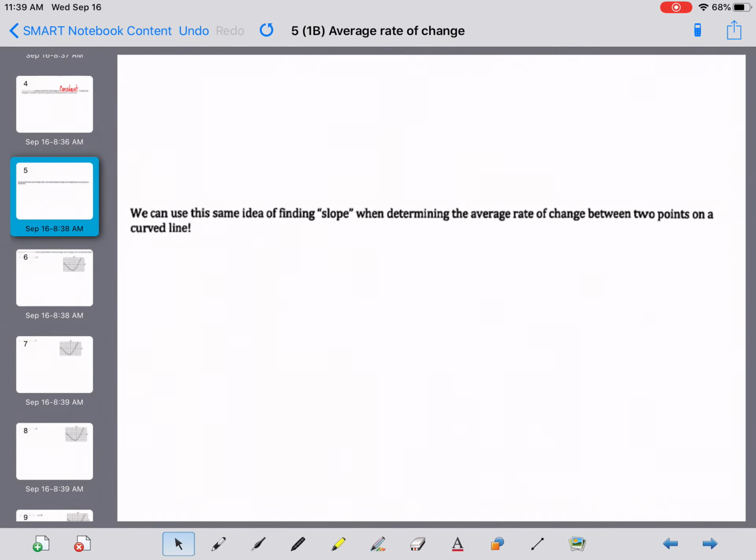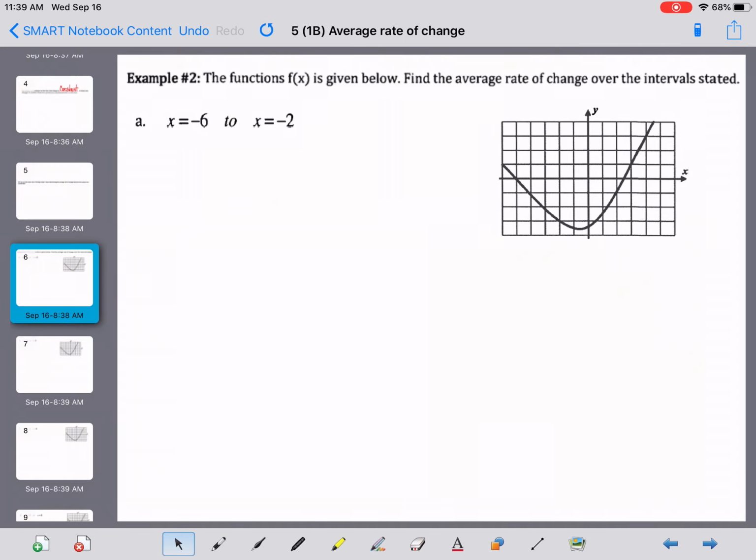We can use this same idea of finding slope when determining the average rate of change between 2 points on a curved line. So let's look at a couple of examples here. When x equals -6, we're looking at this point here to where x equals -2, we're looking at this